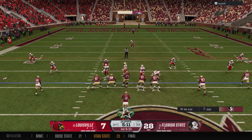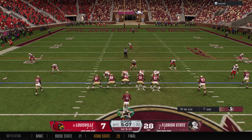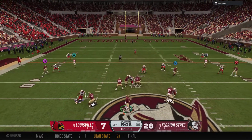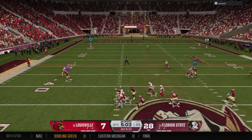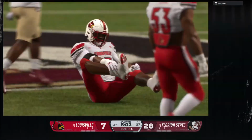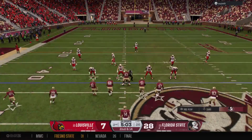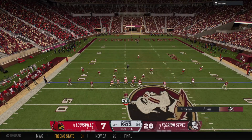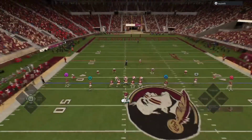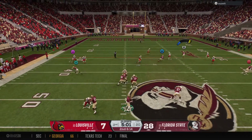The Seminoles are in the hurry-up. And that's the extra feel you get with this dude. I mean, unbelievable job dropping back to pass, but understanding third down. And the quarterback will be slung down back at the 43. Well, we knew coming into this game, this defense had some matchups they felt really good about up front, and they won one right there, getting to the quarterback, creating a negative play, and they're going to need these guys to start winning more of those because they are finding themselves...